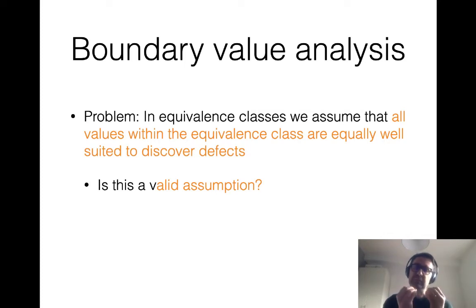So the basic assumption in equivalence partitioning, which is in its name, equivalence, if that is not true, which it's often been found not to be, then we need a smarter way to select the test cases once we have identified the classes. So boundary value analysis is an add-on, an improvement on